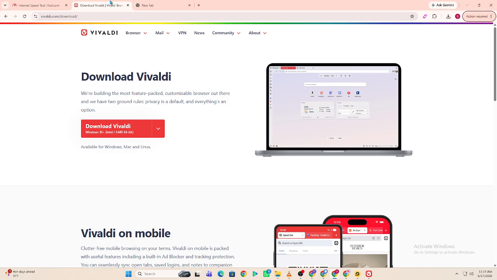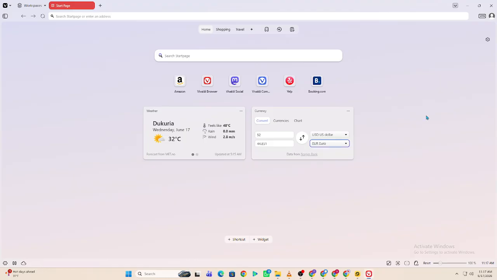Hey everyone, if your Vivaldi browser is not opening in 2026, you're in the right place. In this guide, I'll show you step-by-step methods to fix Vivaldi when it won't start, crashes on launch, or opens a blank window. First, Vivaldi may not open due to a corrupted user profile, stuck background process, GPU acceleration issues, or